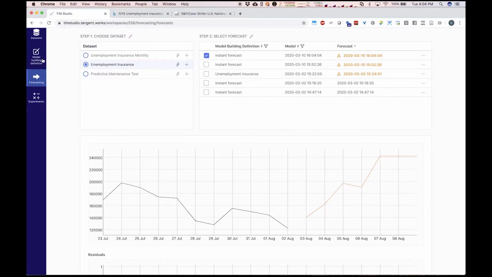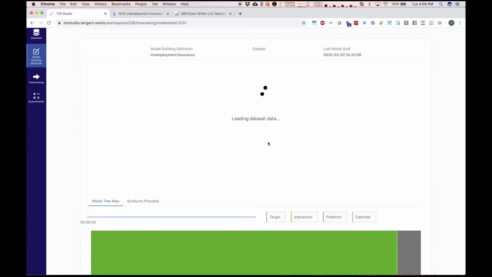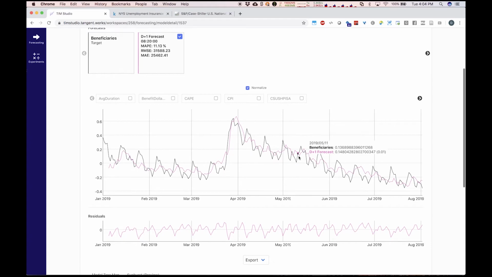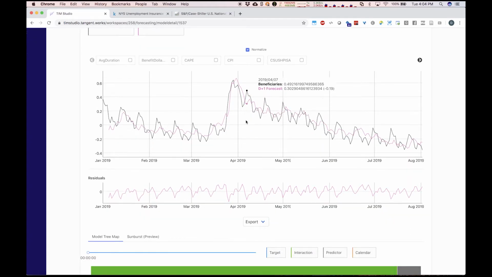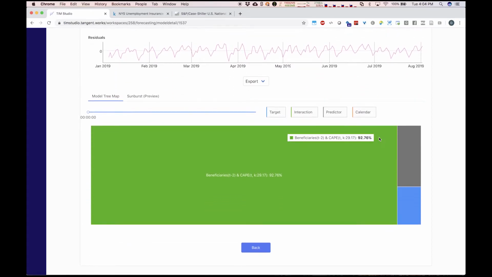Okay, so now let's look at the model in a bit more detail. Let's take a look at a model that's already been built. This will give us a better idea of what TangentWorks is actually doing under the hood. Again, we see the forecast and we see the forecast against the actuals for the training data. But what I want to show you is this. This is the model tree map. It shows the relative contributions of each of the input variables, each of